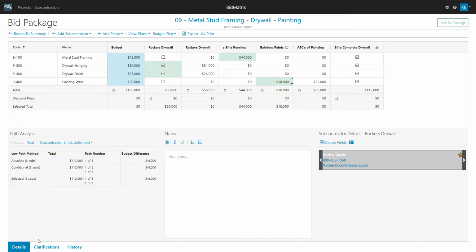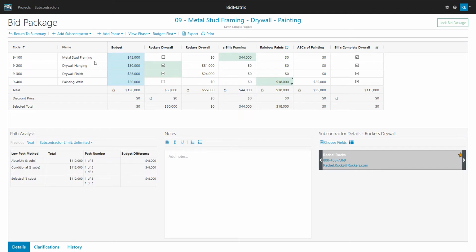Okay, in this session, we're going to take a look at adding clarifications to the bid. We've been talking about adding different phases and so forth. I can have different things, but I still might want to come back, because maybe there's some special information that I'd like to know about some of these different sections, just to make sure that these bids are complete.